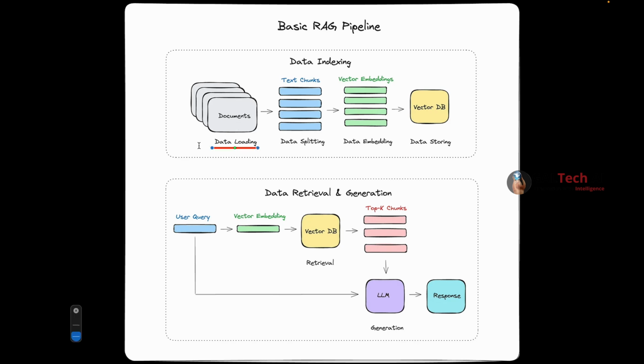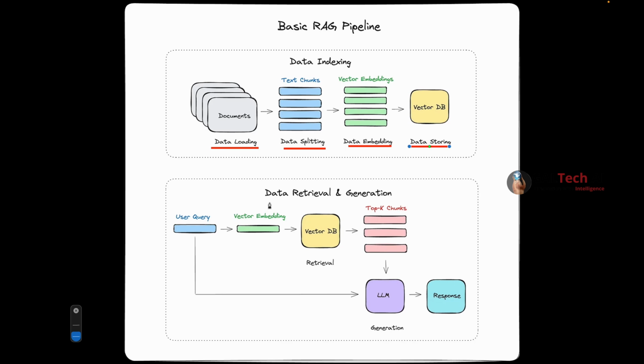In our example here, let's consider these documents are the resumes of all the candidates that we upload in the Google Drive. Now these documents actually get split in this data splitting stage into text chunks, and these text chunks are then converted into vector embeddings in this third step called the data embedding step. Now these vector embeddings are like numerical or digital representations of these text chunks, and once these are converted into vectors, these are then stored into the vector database. It is in the vector database that we store all this information.